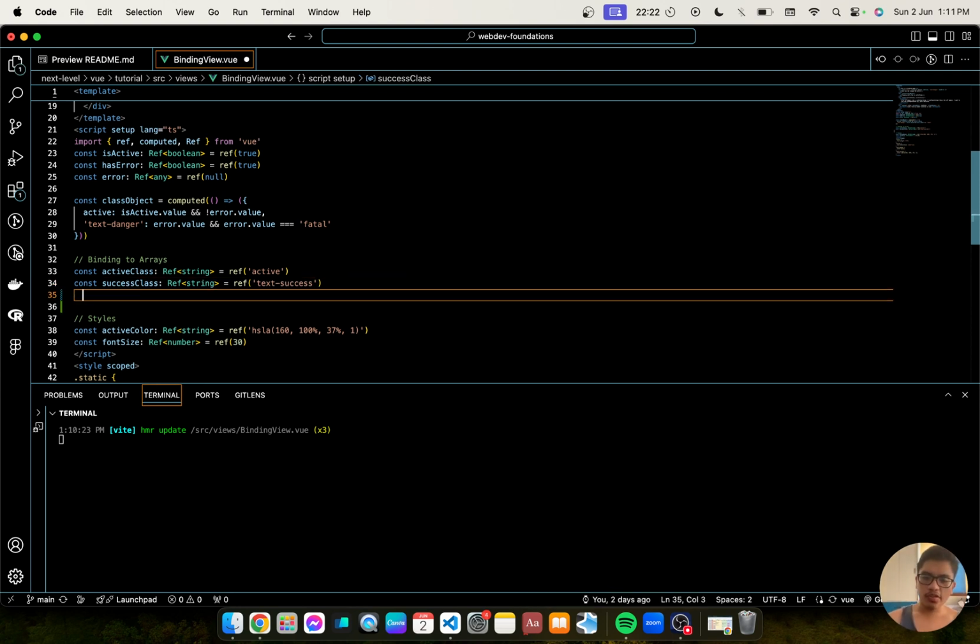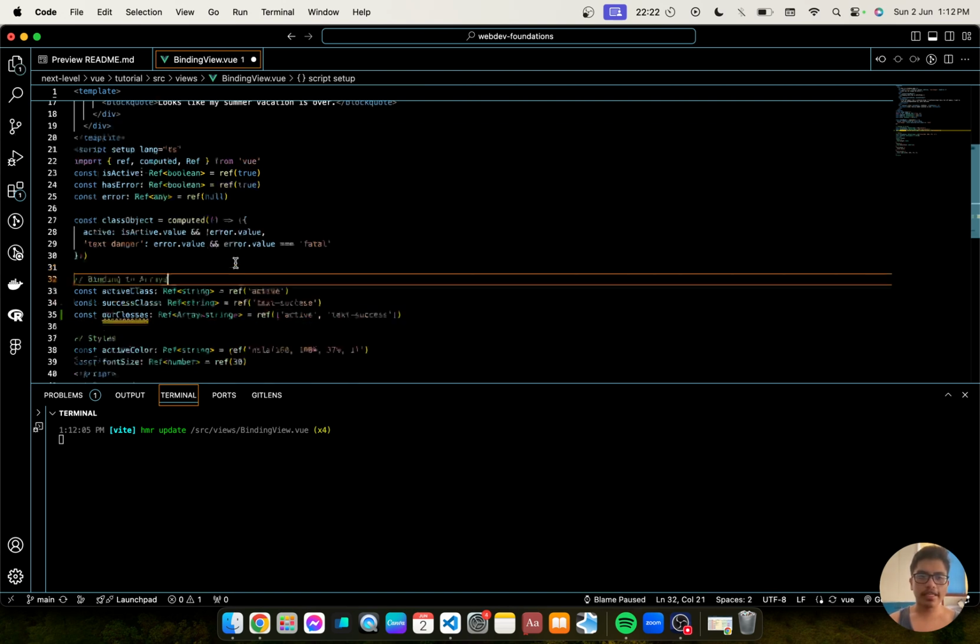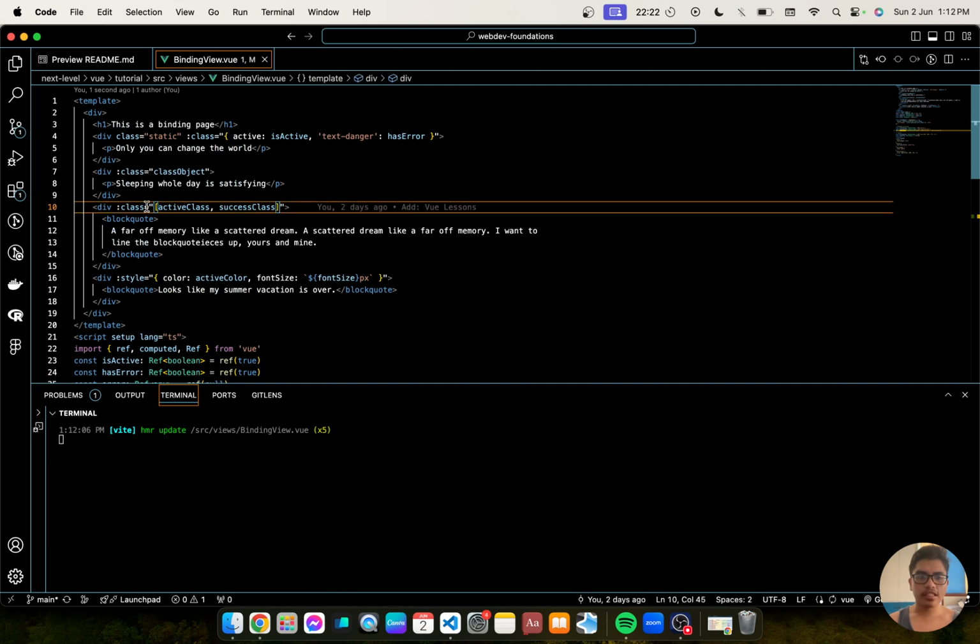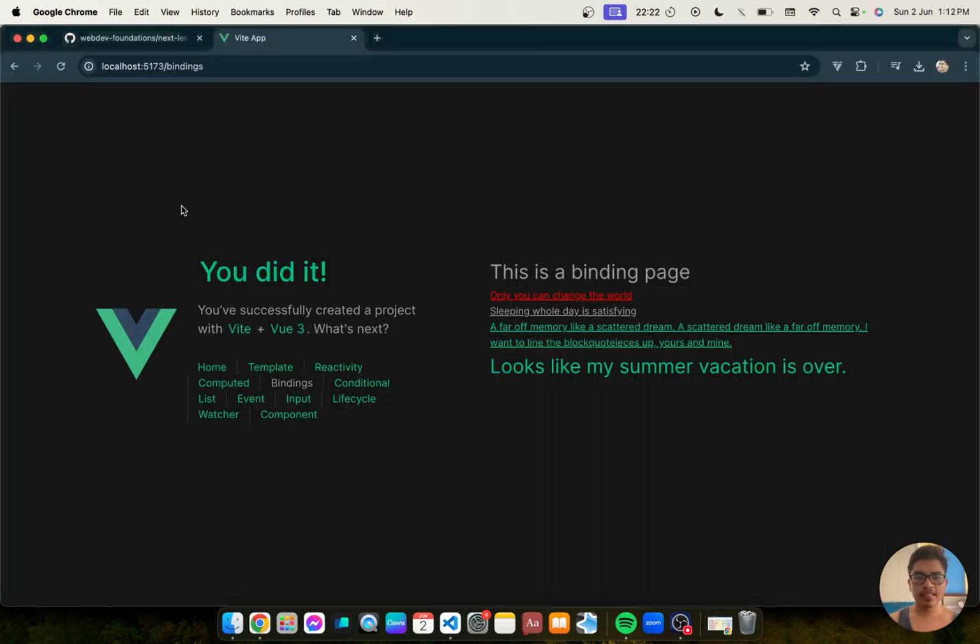So just in case, you can also use const classes, then we're going to use ref array string ref, active, text-success. Okay. Then we can replace this with our classes and have similar output.